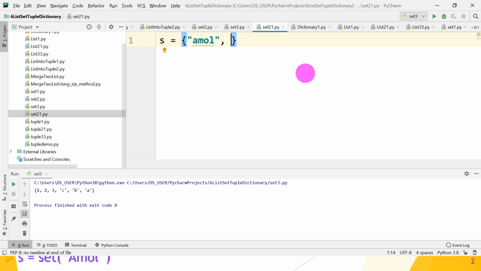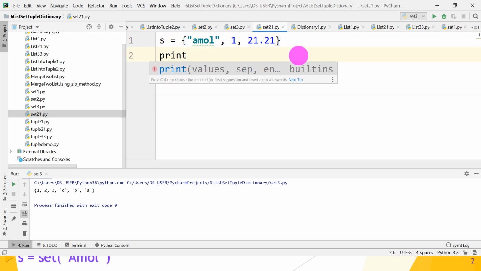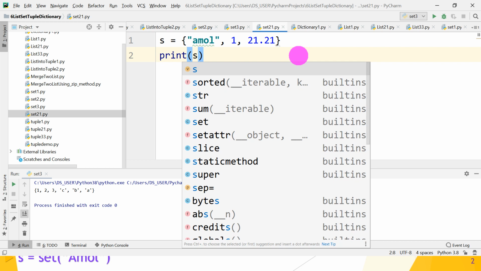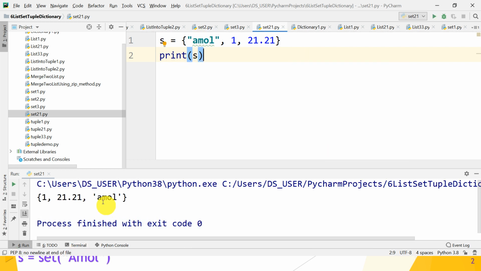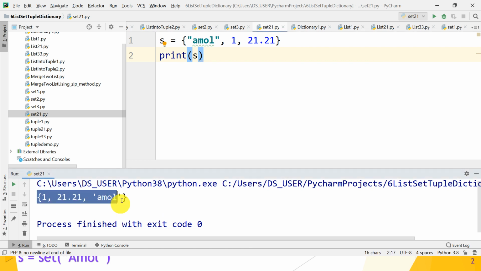Great. Next, what is a set? No duplicate elements are allowed. Okay, we will see the properties of a set one by one. Great. This is how to create sets. After that, print the values of the set. Okay, so run it. What does it give? Great guys. It gives 3 elements, but order is not important.